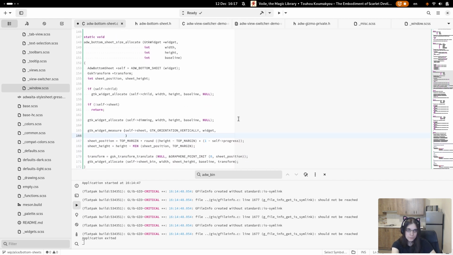So we skip medium size, we measure natural size, and we skip baselines because we really don't care about baselines in widgets like this. So now we have a proper height.